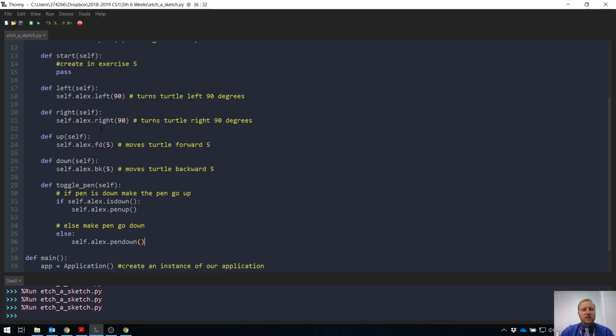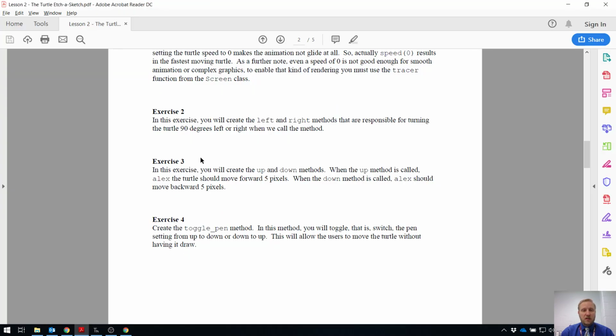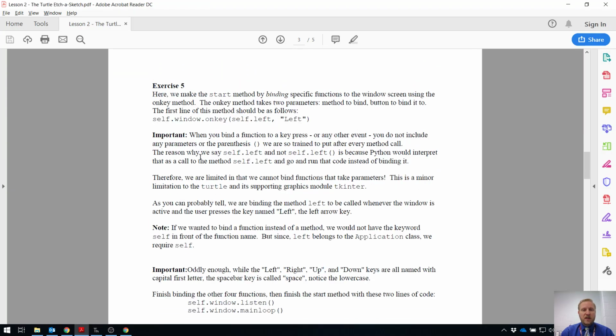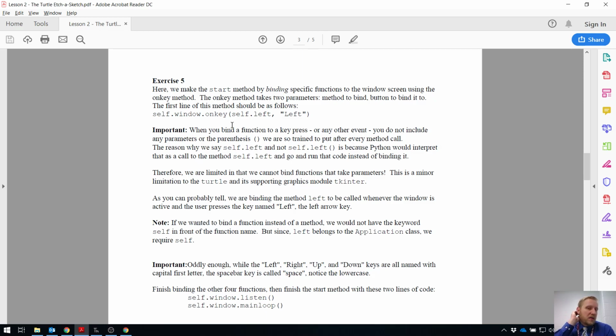So we've got that. That was exercise 4. So now it looks like we're going to have to do the start method. Let's bring up our instructions here. In exercise 5, we make the start method by binding specific functions to the window screen using the onKey method. The onKey method takes 2 parameters: method to bind, button to bind it to. The first line of this method should be as follows: